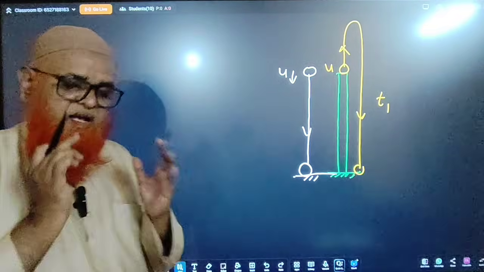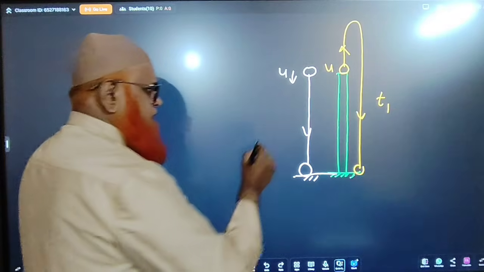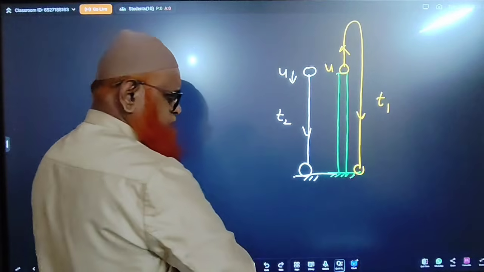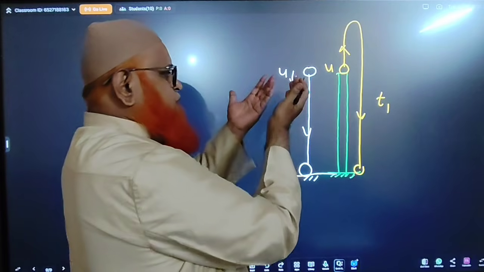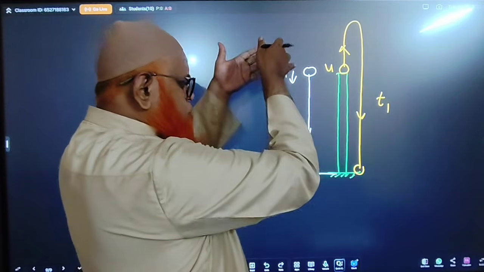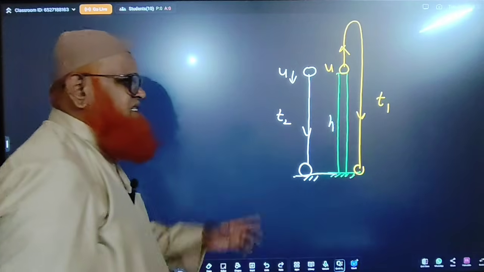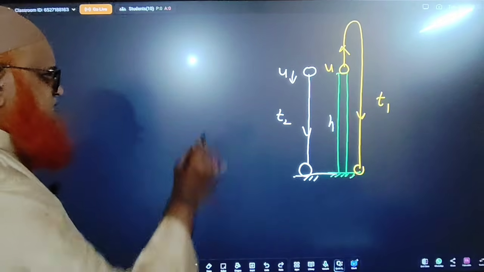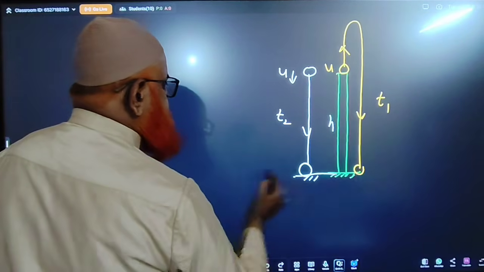That means it goes very fast. Then what's going to happen now? Let the time taken be t2. Now, when you throw upwards with the same speed and when you throw downwards with the same speed, from the same height, the times are t1 and t2. Then from the same tower,